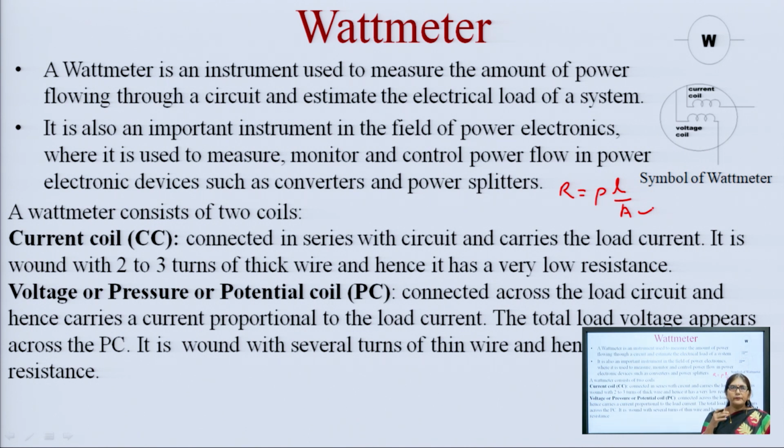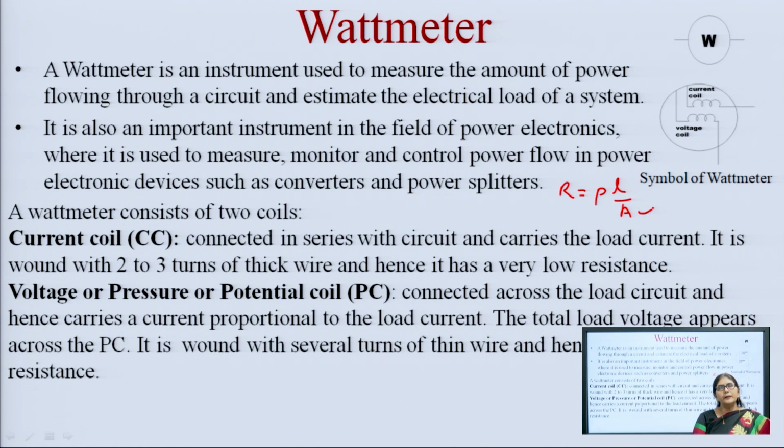So, we do not prefer that the current flows through this pressure coil. The pressure coil is connected across the load, and hence its cross sectional area should be very low so that its resistance is very high, again R = ρL/A. If the cross sectional area is less, then resistance is very high and no current will flow through the pressure coil. So, the whole current will flow through the load coil.